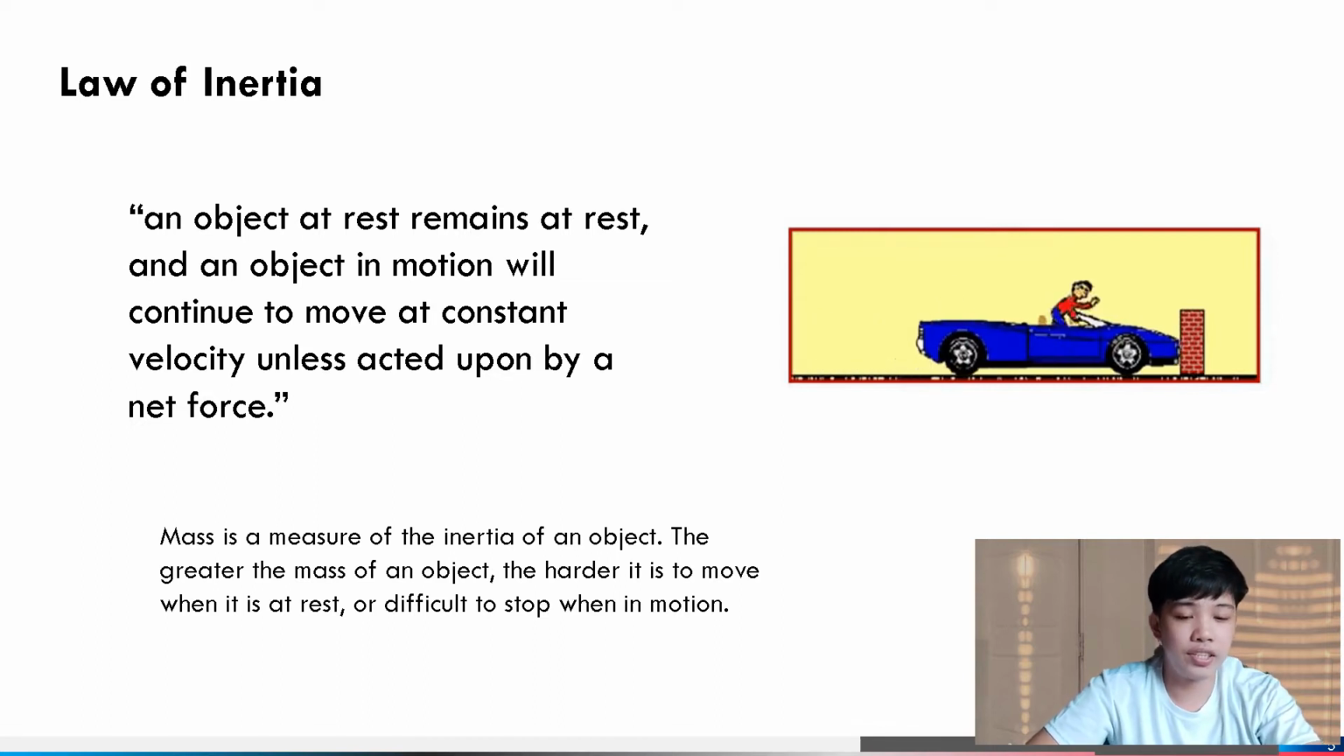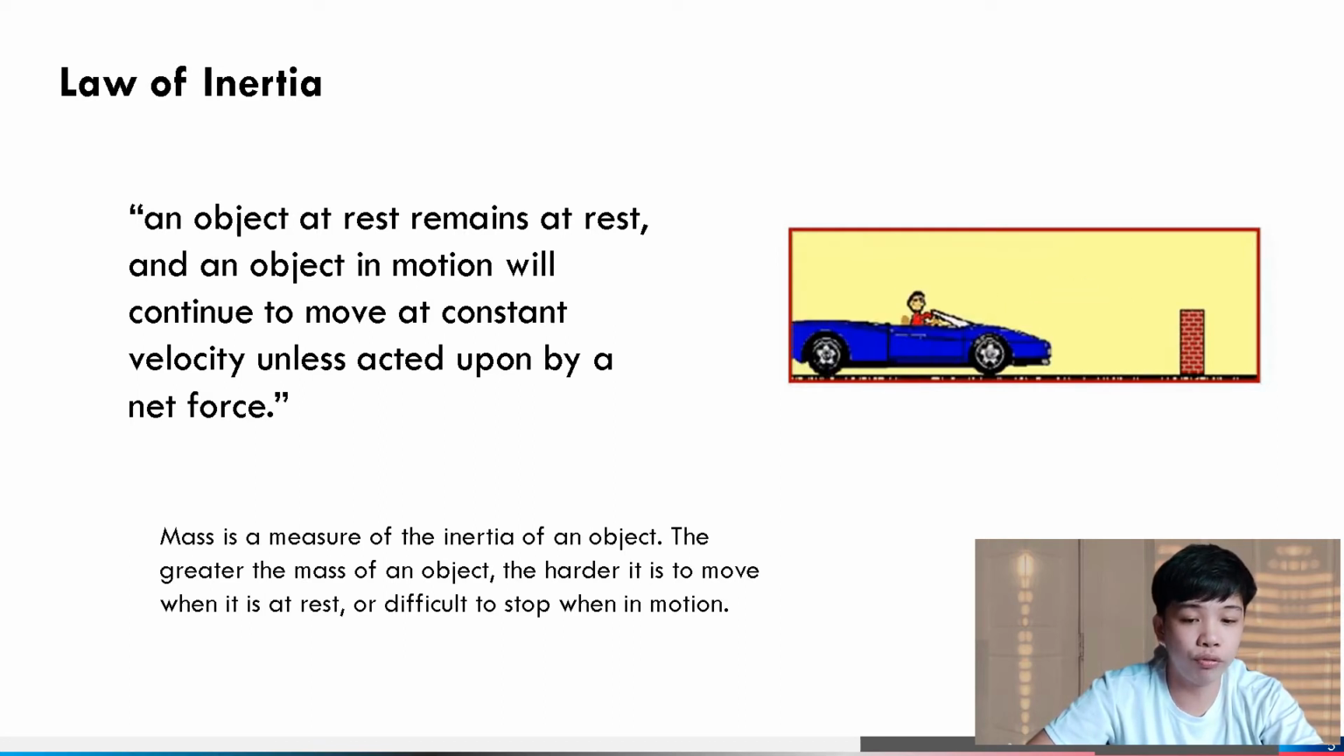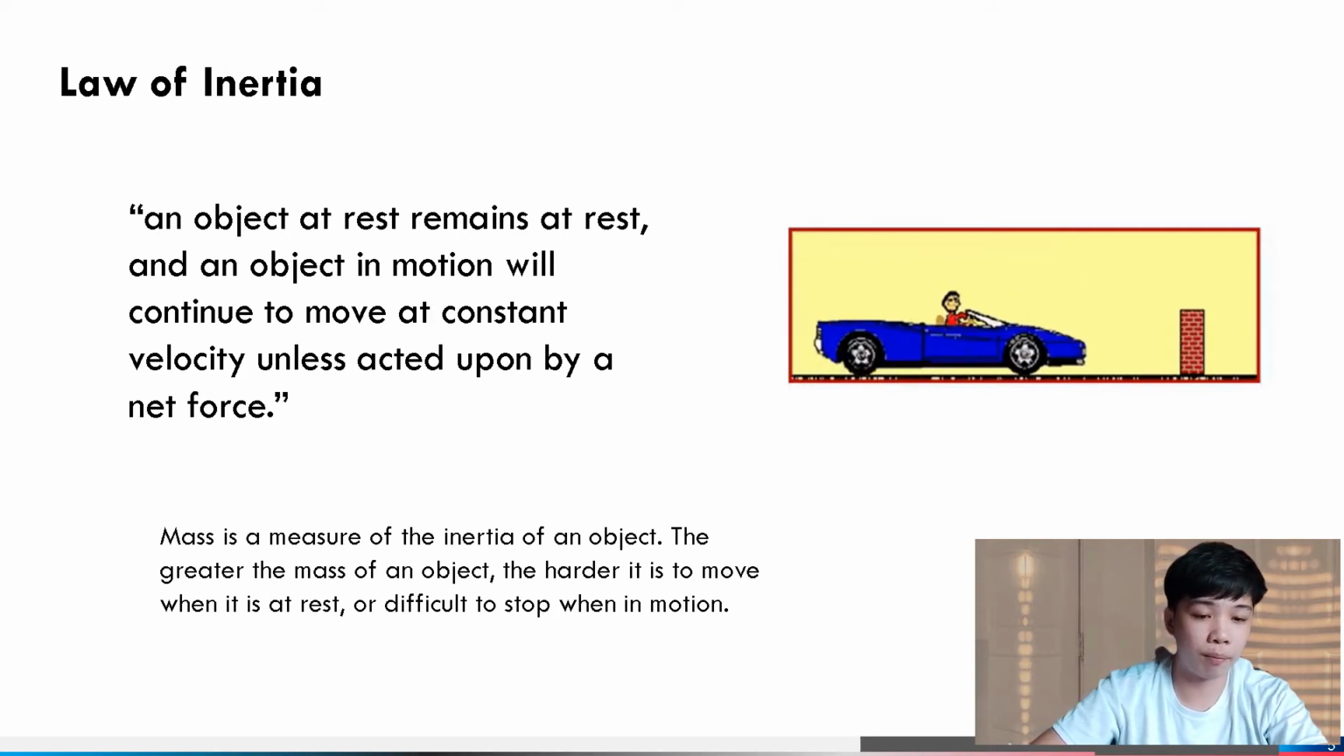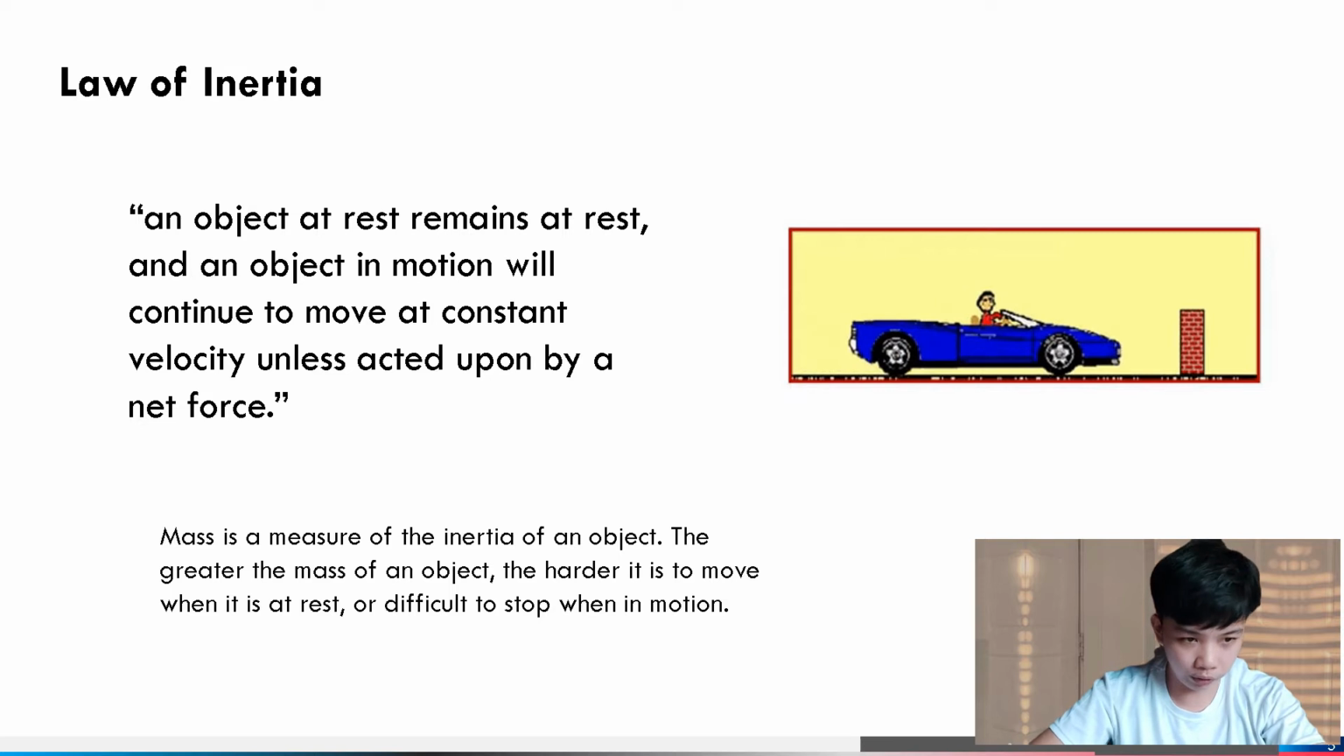And mass is a measure of the inertia of an object. The greater the mass of an object, the harder it is to move when it is at rest, or difficult to stop when in motion. So in order for you to stop a certain moving object,